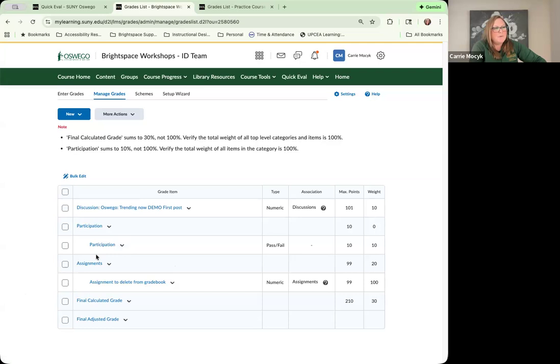Okay. When we're looking at managed grades, there's several things that we're looking at. The big thing to know about managed grades, that I do think takes a little bit of using Brightspace to kind of wrap your head around, is managed grades is all about the gradebook columns. Has nothing to do with the actual assignment that's created someplace else, but it does have to do with the gradebook columns. And this association column is telling us that there is a discussion that is tied to this gradebook